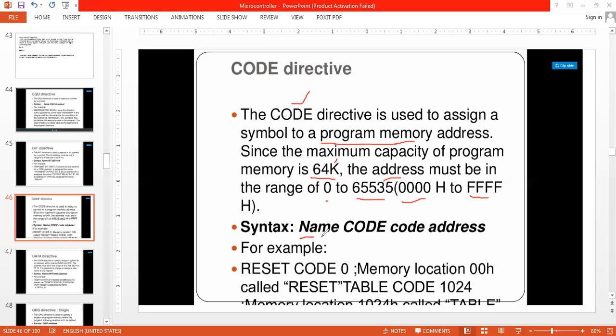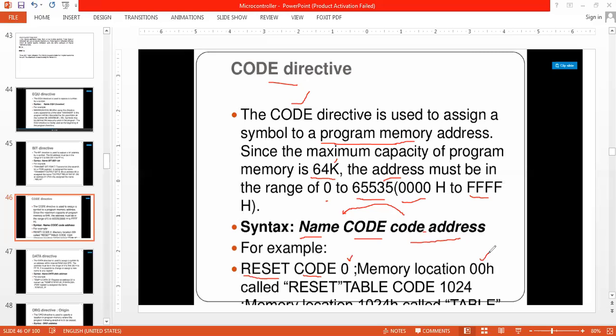First, I have to write the name, then CODE, and then the code address. Whatever address I give here will have the name I provide. For example, reset is a name, code is the code directive, 0 is the memory location, that is 00H.